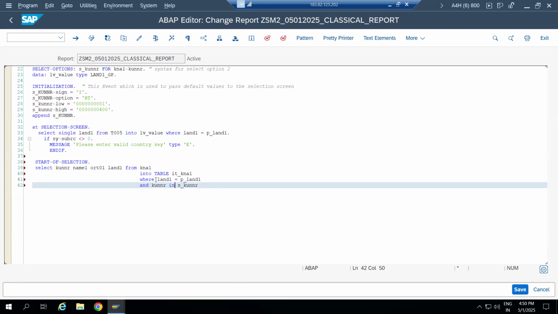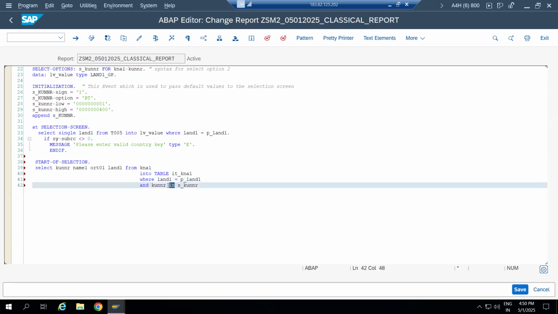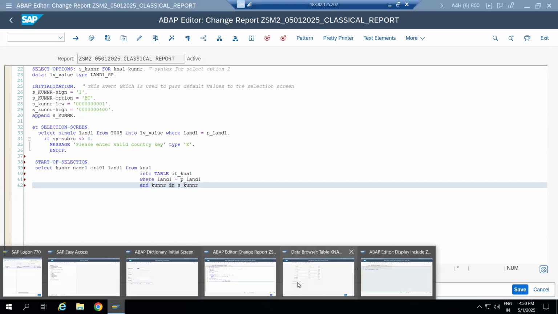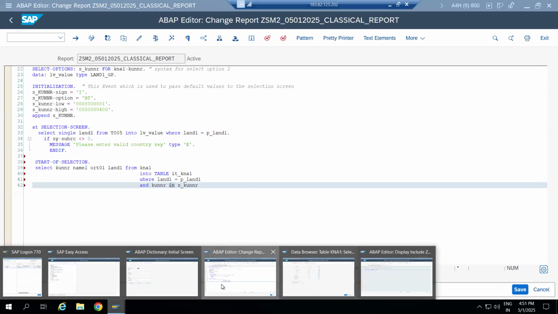So whenever you are using a select option, always remember in the where condition you have to use IN for the select option, so that what lies between low and high will be fetched from the database table. Like what is in between 1 to 100 will be fetched. IN is nothing but it takes from low to high value. If it is only a single value, we can put the equal operator. But if it is a range, always remember we have to use the operator called IN, so it will fetch values in between low to high. So I go to the program